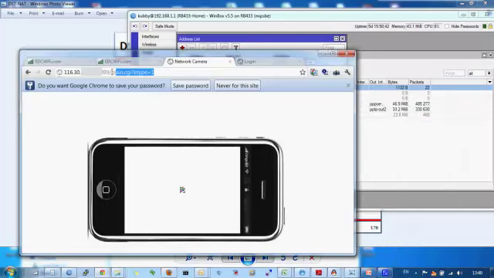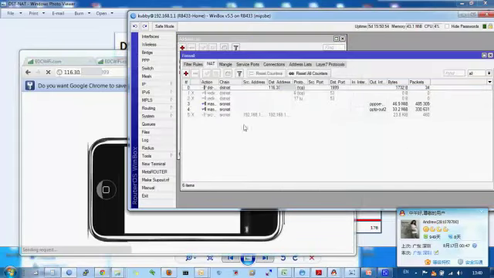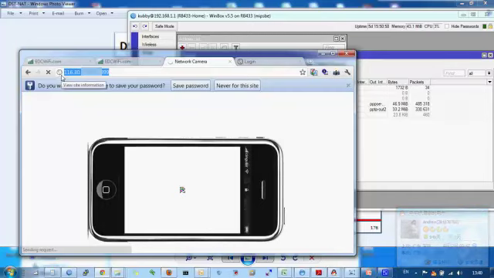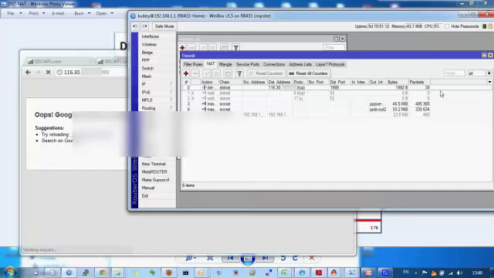You can see every time I call the IP camera with the public IP address, I see the packets and the bytes are increasing. There is traffic over there. It means that our DST-NAT rule is really correct. We can see the increasing traffic. I will refresh it again. The traffic is increasing. So what's the problem? What's the problem with this?